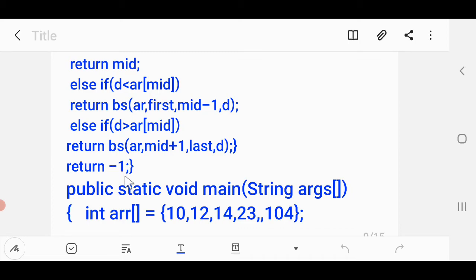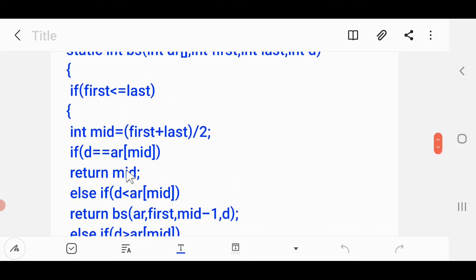Let me discuss it with you. Now, if first is less than or equal to last, then mid will have (first + last) divided by 2. After that, when we say equal, in the previous iterative code also, when they were equal, I said found equal to mid.